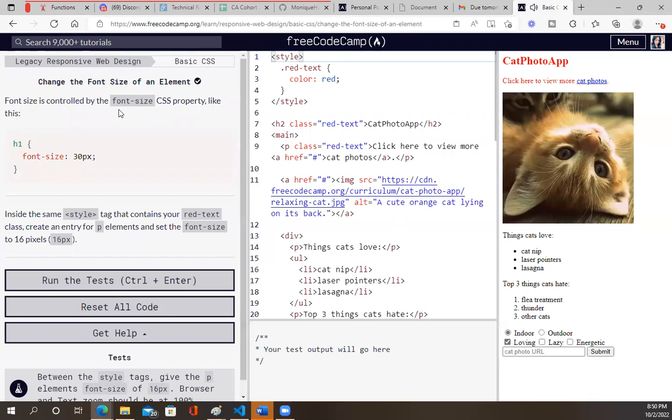Font size is controlled by the font size CSS property, like this, H1 font size. Inside the same style tag that contains your red text class, create an entry for P elements and set the font size to